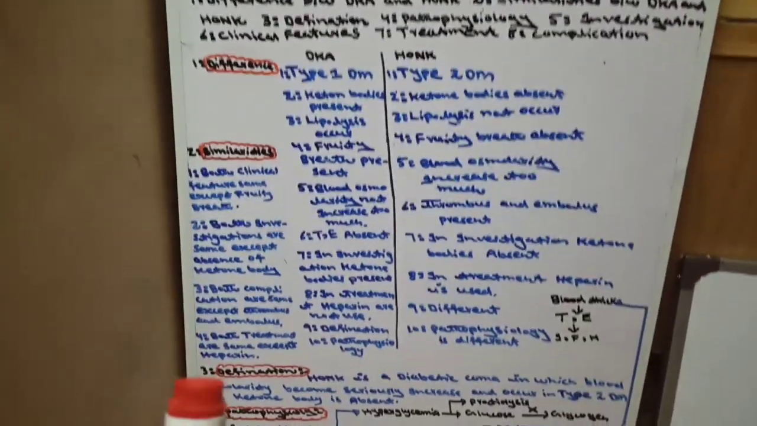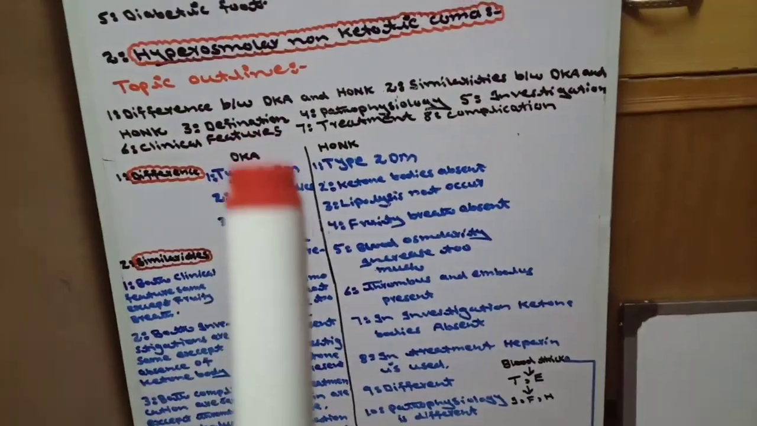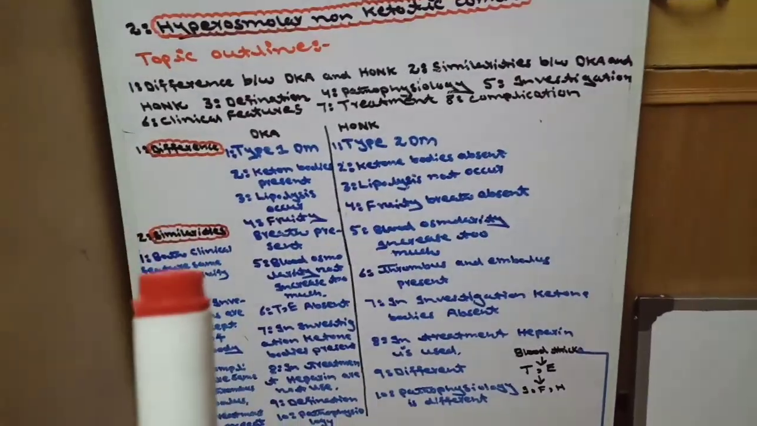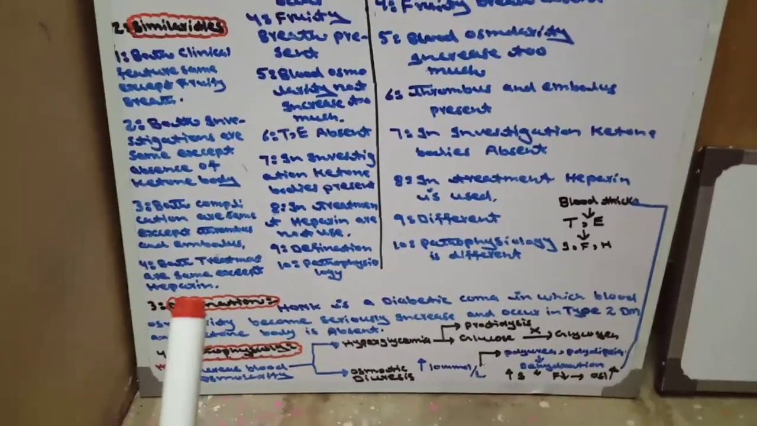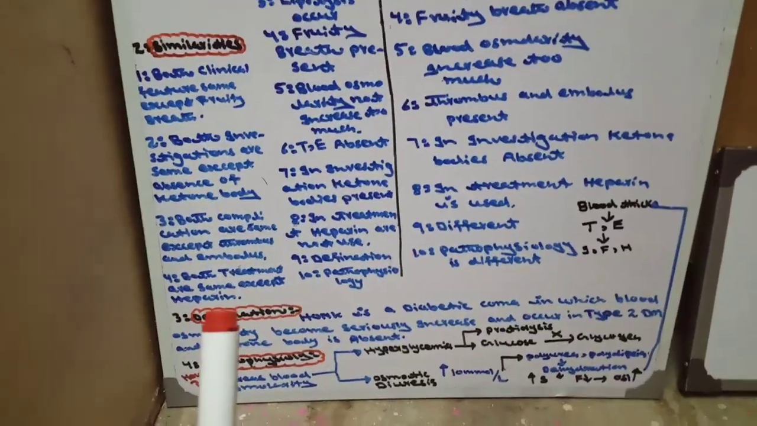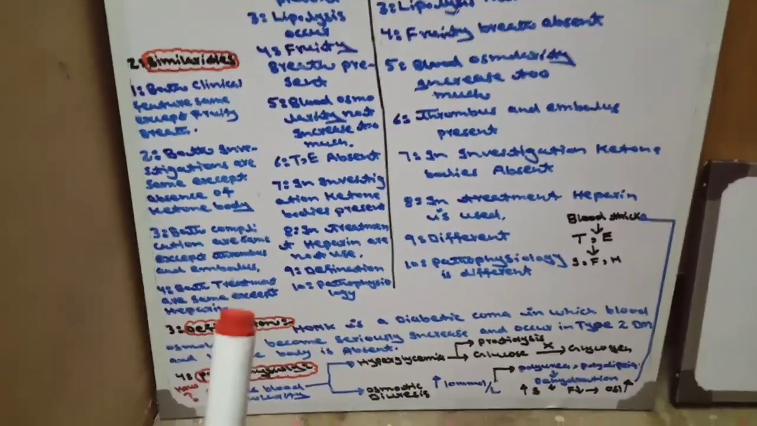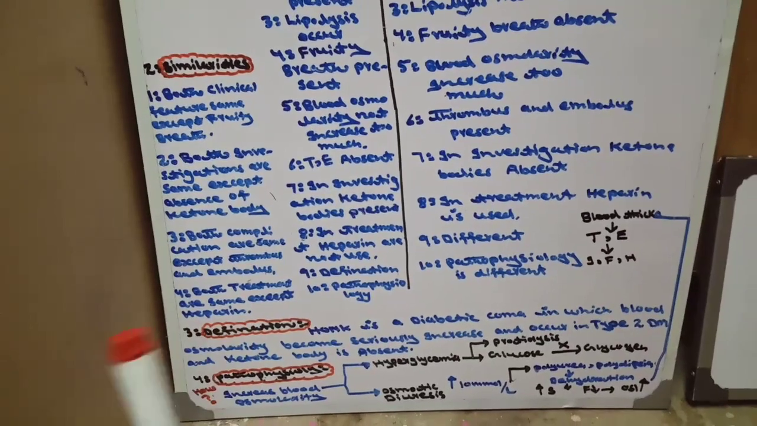But first we start from definition, then pathophysiology, then difference, then similarities. This is the sequence. First we start from the definition of hyperosmolar non-ketotic coma. Basically, the definition of hyperosmolar non-ketotic coma is that